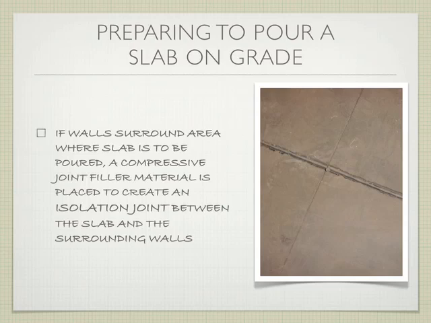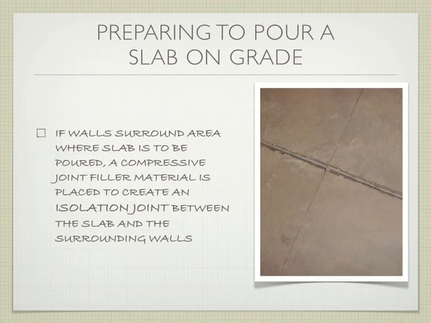If that's the case, right, there needs to be a special joint along the edge of the wall and the slab itself, right? And so this little compressive joint material just allows the slab on the inside of the building to move independently from the walls, right? So it's not going to expand and contract and buckle one of the walls out. And we'll talk about this kind of isolation joint in a little bit. So this is an example of an isolation joint there. Usually it's at the edges of buildings if you have a slab that was poured after the walls of the